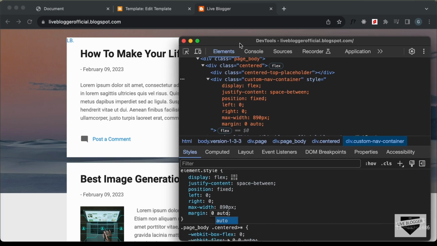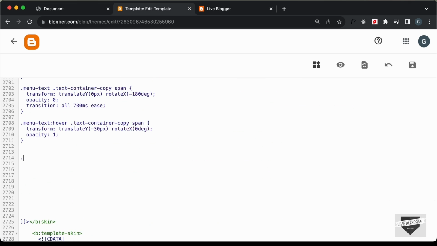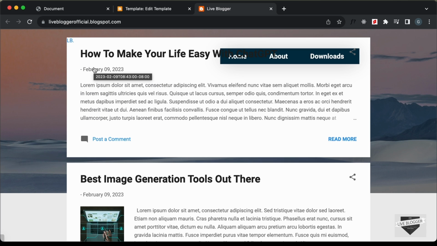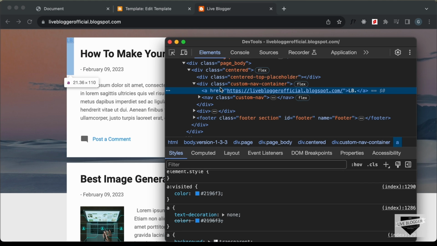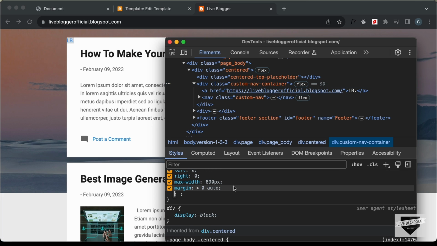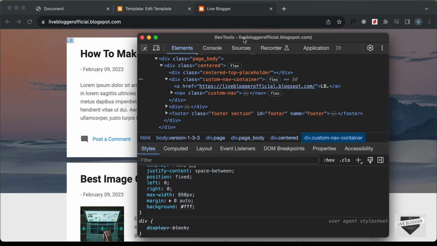So let's add these lines of CSS, and here let's go to the CSS, and here let's type custom nav container, and let's paste the CSS over here, and let's save this. And let's go back to our website, and the next thing we need to do is we will add a background color over here. So let's right click and go back to inspect, and let's select the container division, and here for the custom nav container let's add a background color, and let's set it to white, and let's go ahead and set the top value to 0,